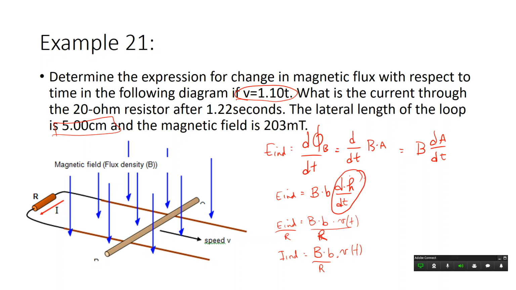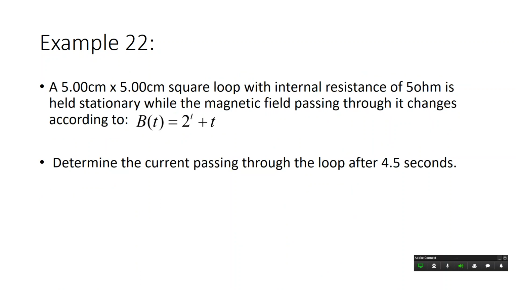A 5 by 5 centimeter loop with an internal resistance of 5 ohm is held stationary while the magnetic field passing through it changes with respect to time. Determine the current passing through the loop after 4.5 seconds. Okay, so again, E induced is going to be equal to the change in flux with respect to time. This time it's not the area that's changing, the area is remaining constant, it's the magnetic field that's changing. So we can say that it's going to be area times the change in magnetic field with respect